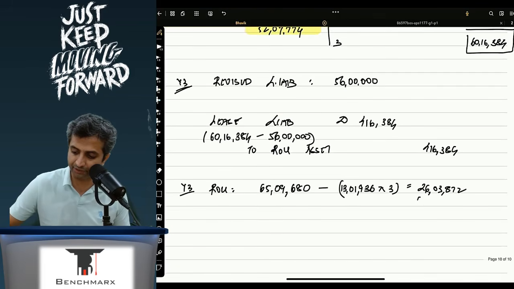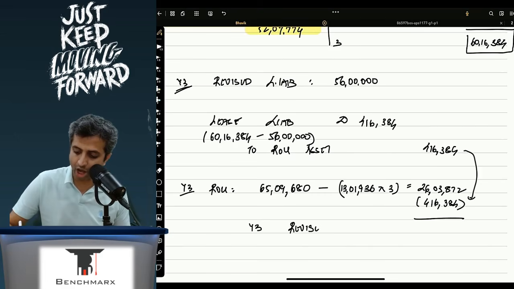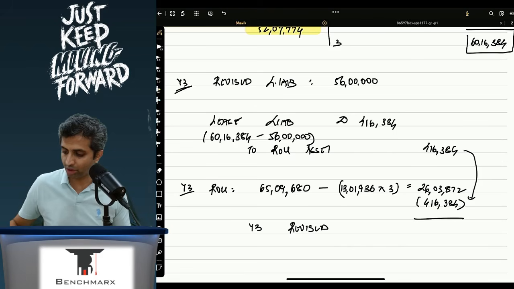From that I will further adjust 4,16,384 because of the above adjustment, and hence at year 3 your revised ROU asset balance will come to 21 lakh